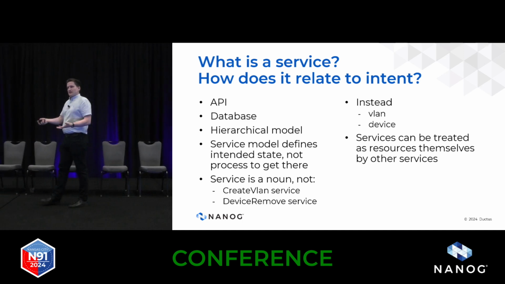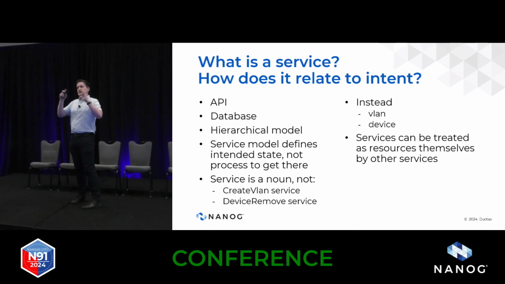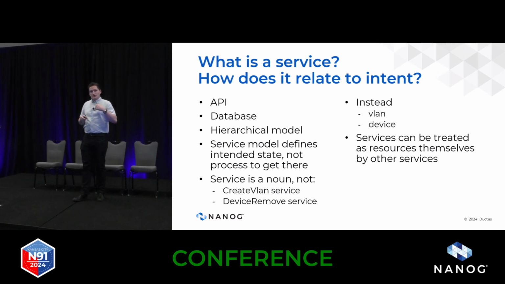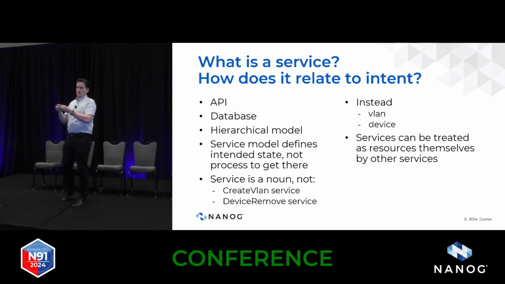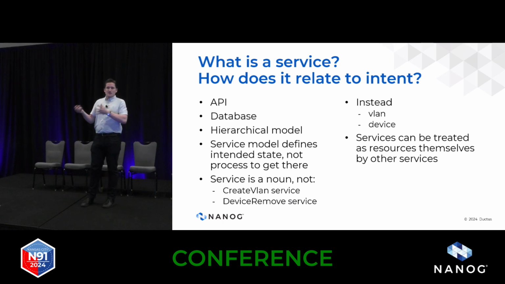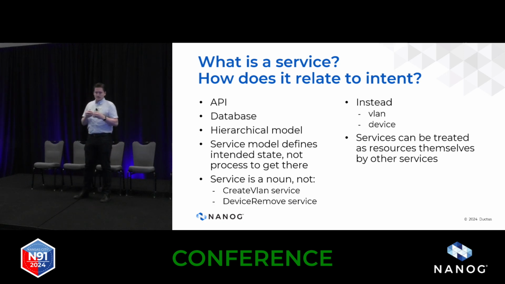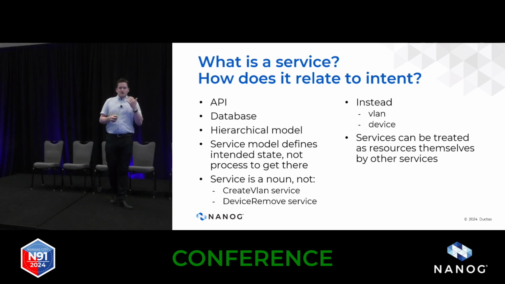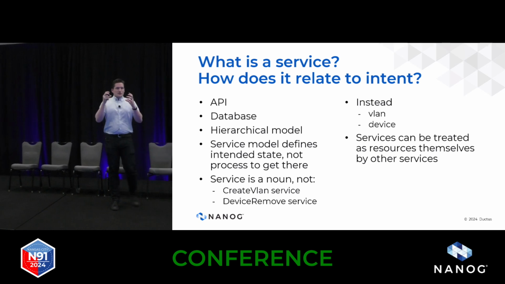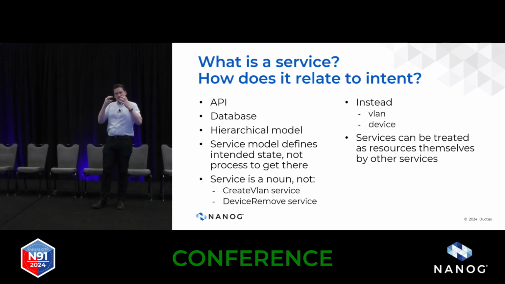A service exists inside a life cycle. So for example, if you define a VLAN service, then you're going to have something called a service instance when you actually want to create a VLAN. That'll be a specific VLAN. So when you create that service instance, that's your create VLAN. It's not a create VLAN service, but it does create a VLAN if you create the instance. So there's a relation between the definition of the service you have in your system and the service which exists on the network. And services can be treated as resources themselves by their services. So this is the core of creating a simpler way of managing our network.